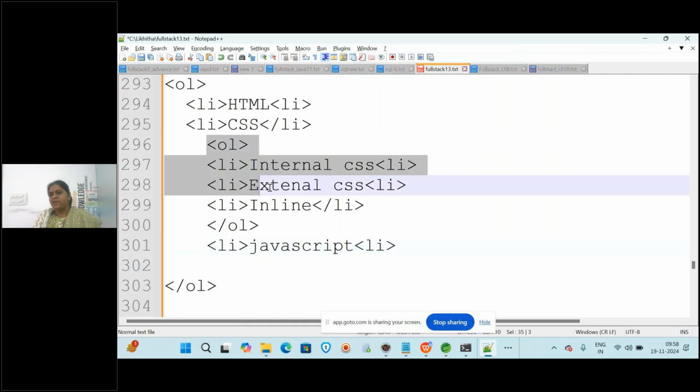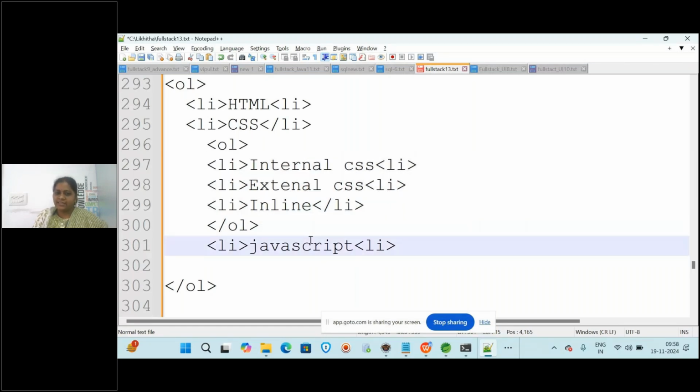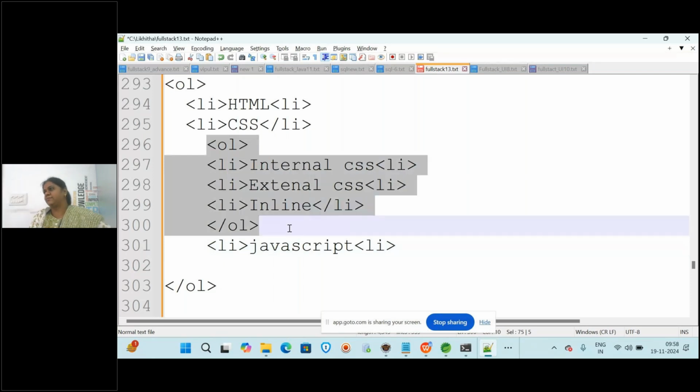If you observe, this is the first list item, second, and this is the third. In the second, we wrote this sublist. Clear all? So now let us create this in Visual Studio and run it and see how it gets executed. This is an example of a nested ordered list. Clear everyone? So let us see the coding part.